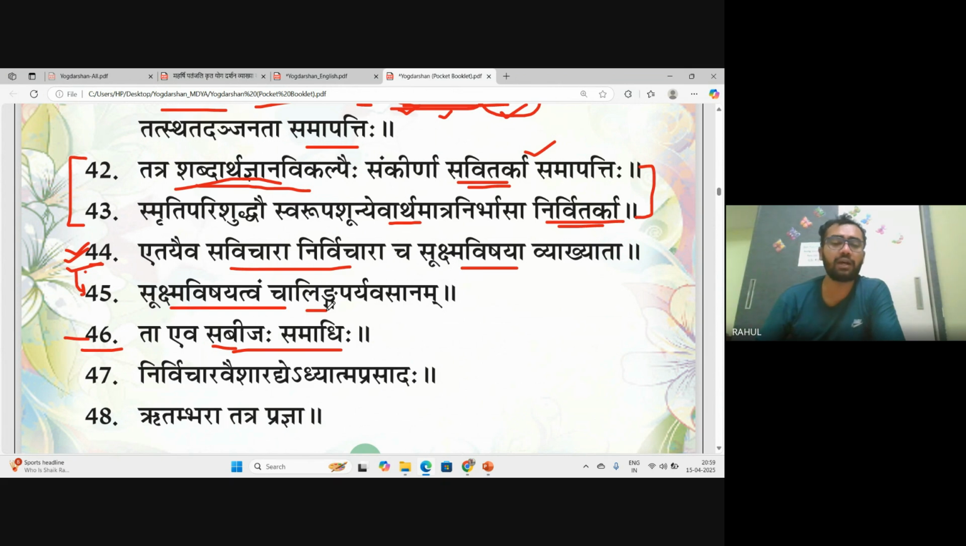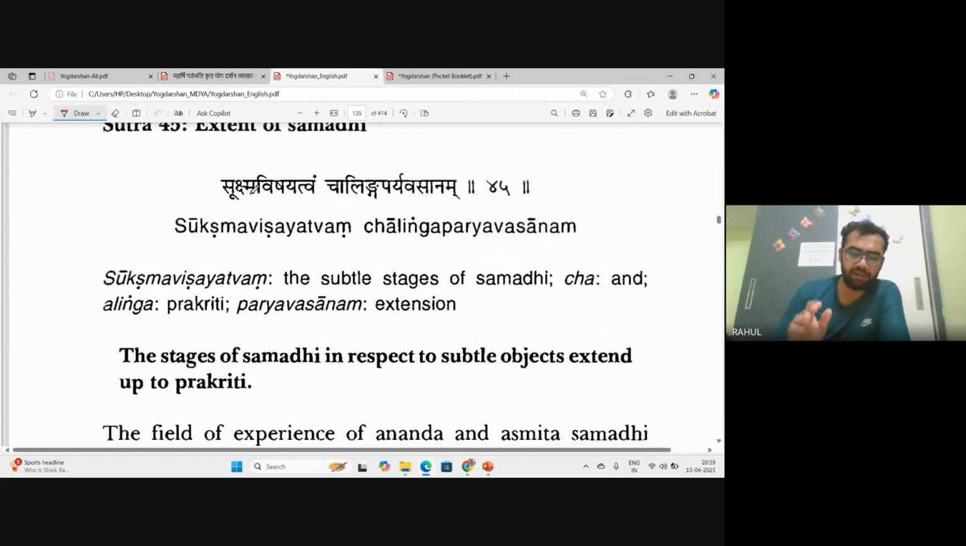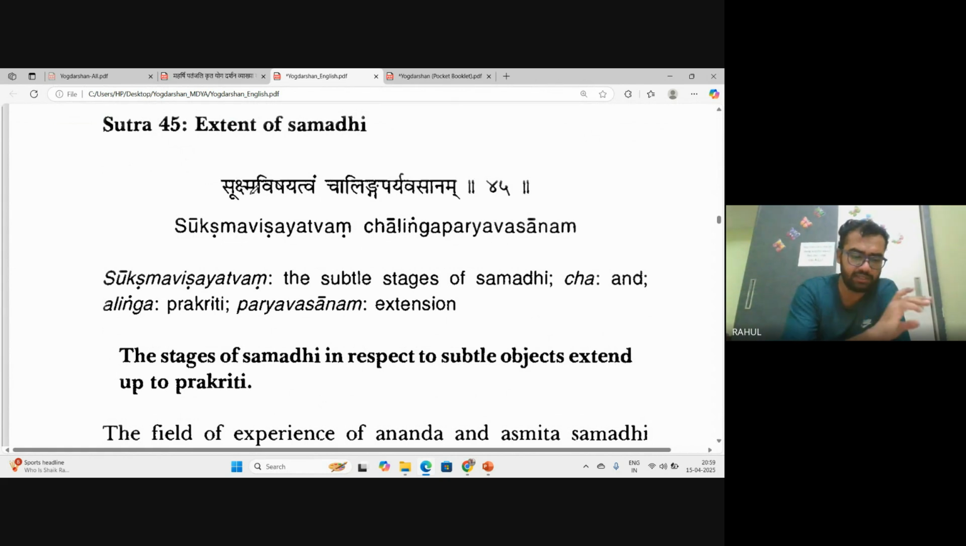Okay, note it down. Linga word is for Purusha. Alinga word is for Prakriti. So here he is telling till Prakriti. We know that graph very well, na? Mahabhutas, Tanmatras, senses, Ahankar, Mahat, and after that Prakriti, Purusha and Ishvara. So he is telling before the Prakriti, Cha Alinga Paryavasanam,